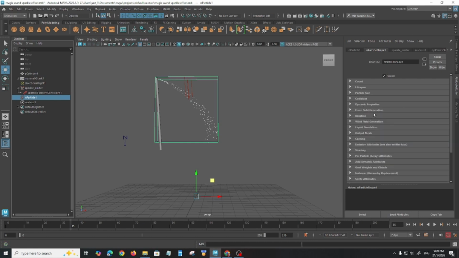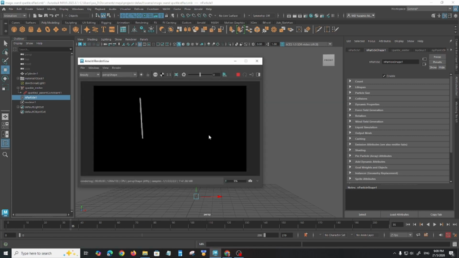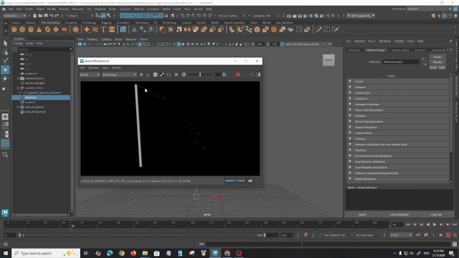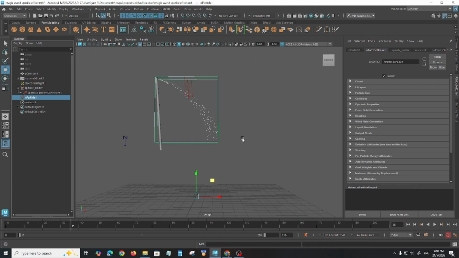We want to change the shape of the particles. Right now it's just points, so all you see is dot. Let's see if I render this, if I can see it in the render or not. Actually, there is a slight small points there, right? Okay, but that's not what we want. So what we want is it to look like a star, you know. So how to make that? We have to go down